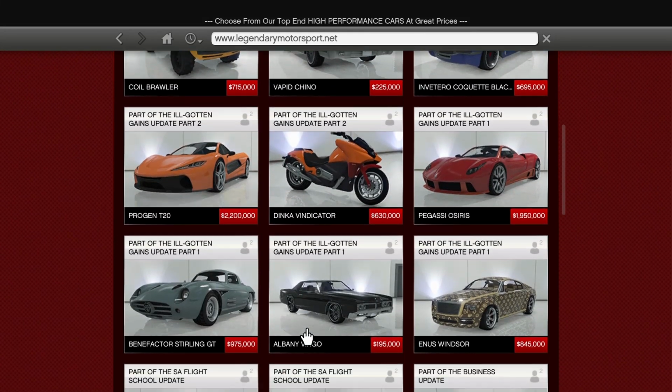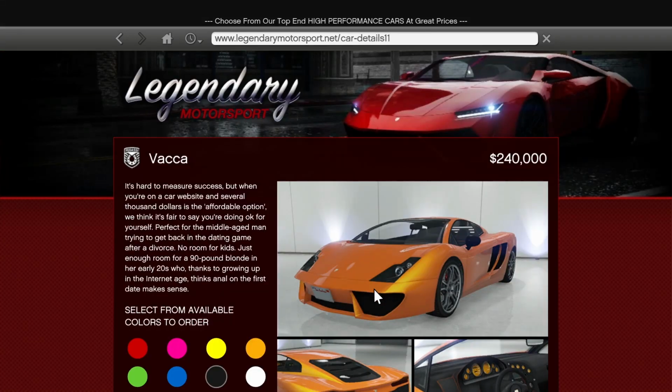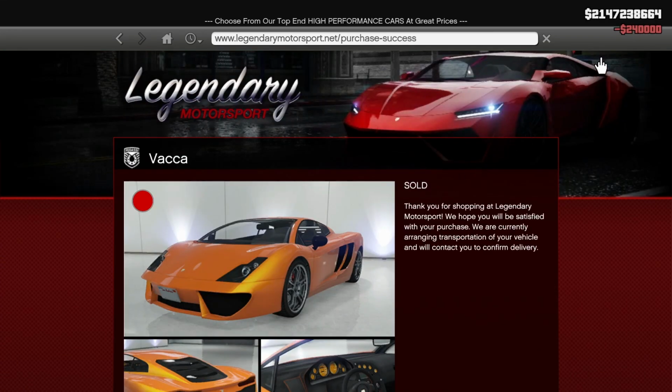So let me scroll a bit until I find a better car for me. So this one is looking good, so I'll just select it. Then here you have the option to select the color. I'll select the red color. Now click on order, and now you can see we have successfully purchased the car, and similarly you can purchase